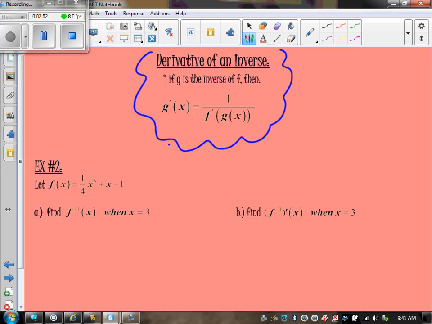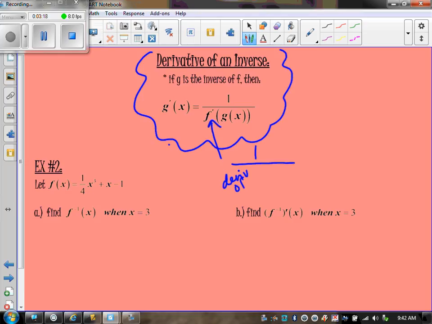Okay? If you know that g and f are inverses of each other, if g is the inverse of f, then you can find the derivative of g by taking 1 over the derivative of f with g plugged into it. Okay? So what this is saying is if g and f are inverses of each other, you can take 1 over the derivative of g,